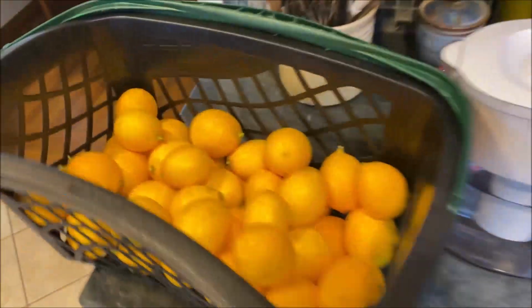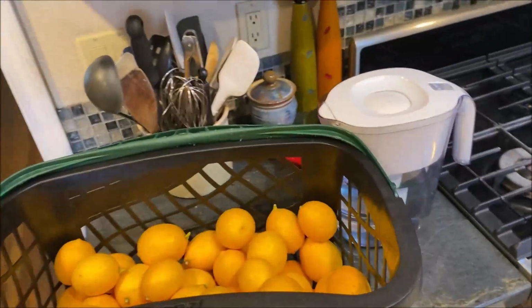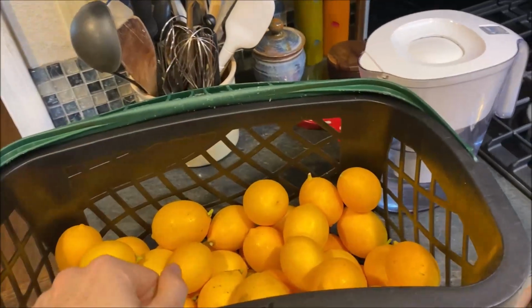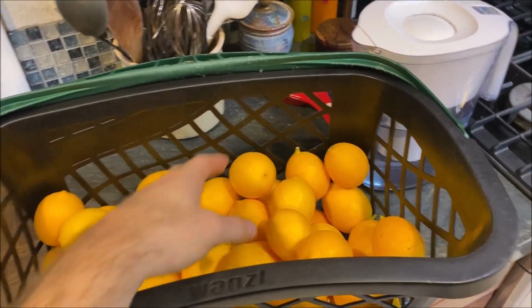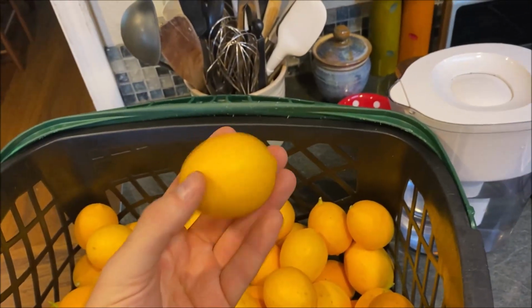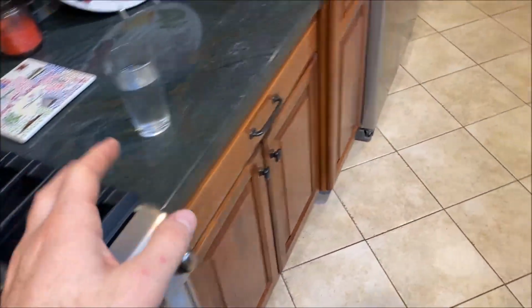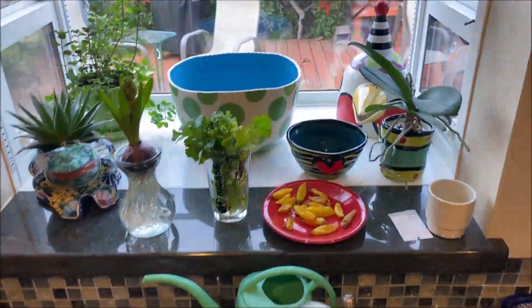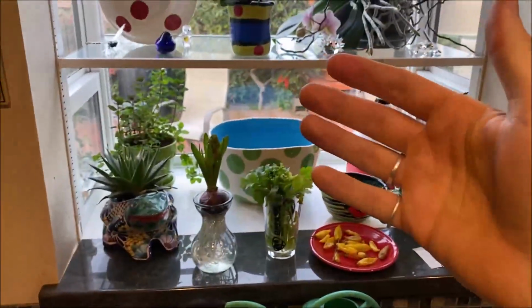Do your best to eat real food. No one's saying that you can't have some junk food. No one's saying you can't smoke a cigarette here and there. But do your best to eat real food. I squirt lemon juice on pretty much everything. My water, my food, etc. Drink clean water. Eat real food. Grow some fucking sprouts. One of the things that I love to eat the most, you guys, and it's been like this for years,